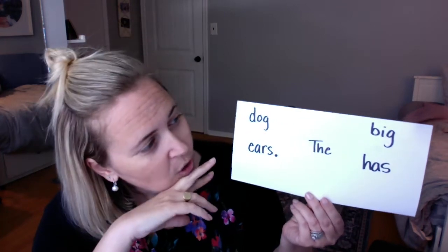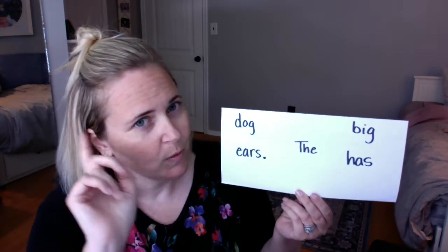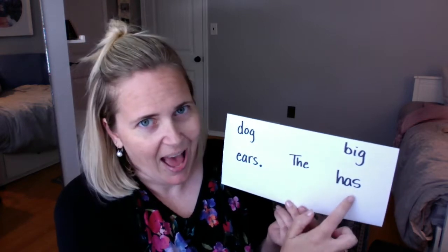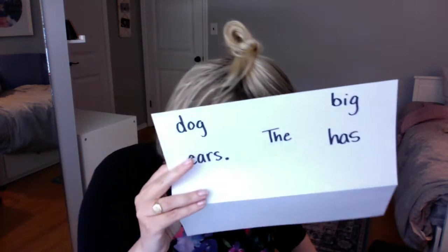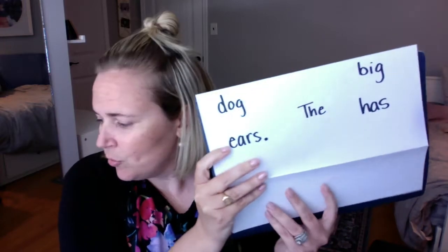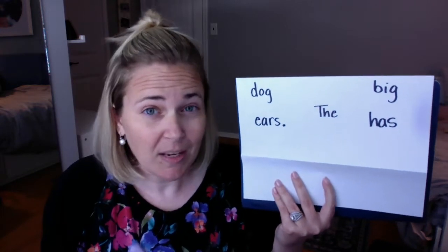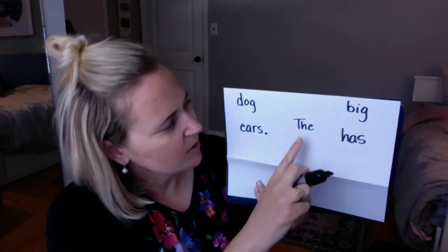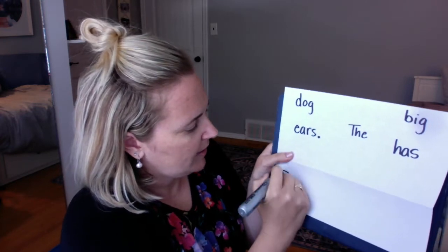So why don't we start with the first word that we think the sentence has. And actually, I'm just going to review the words one more time with you. Dog, big, the, ears, has. So let's see if we can put them in an order that would make sense. So I'm going to lift my book like this. Hold it here. Do you see the word that starts with a capital letter? Because that's going to be the first word of our sentence. It's actually a popcorn word. So here it is right here, the. So we know that the first word in our sentence is